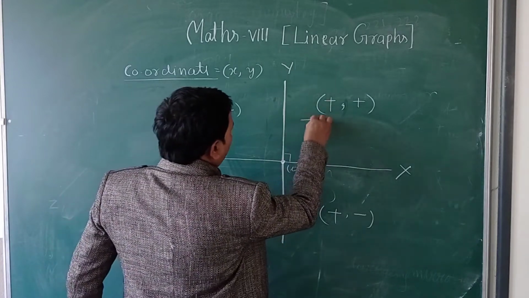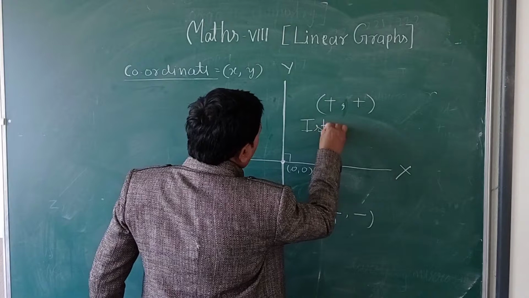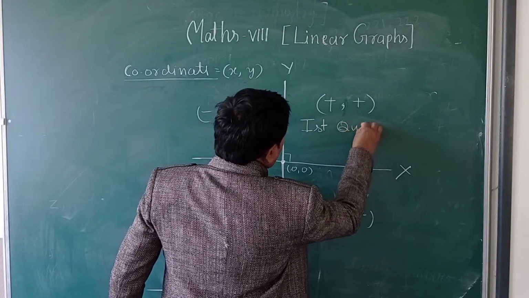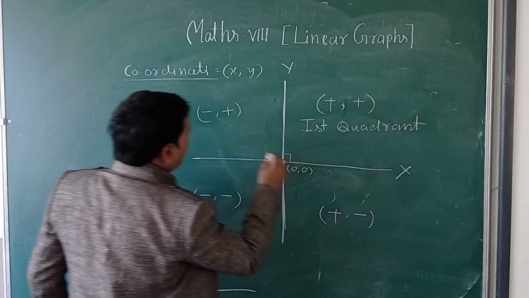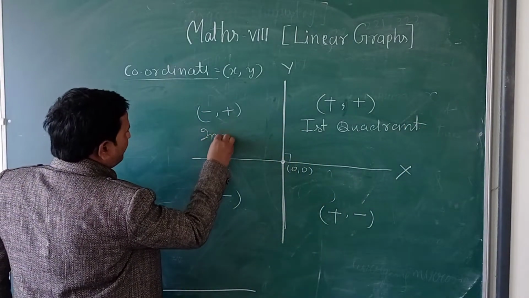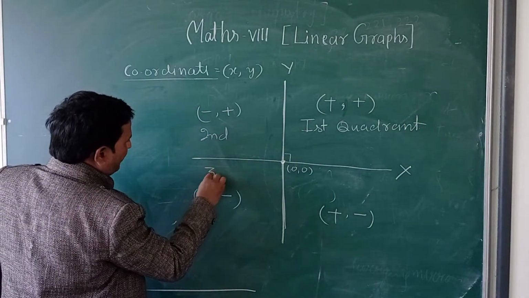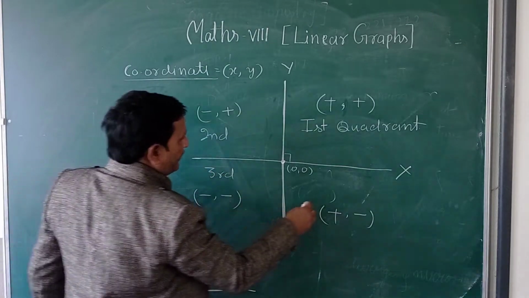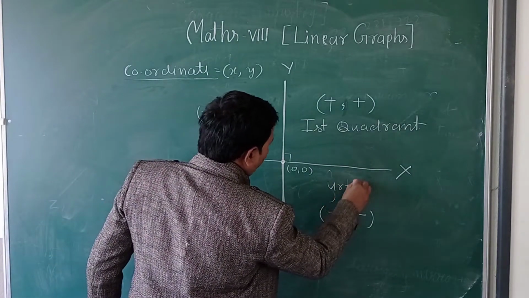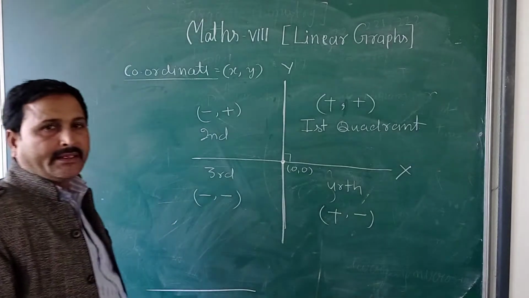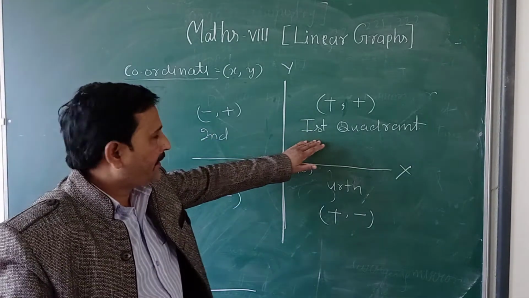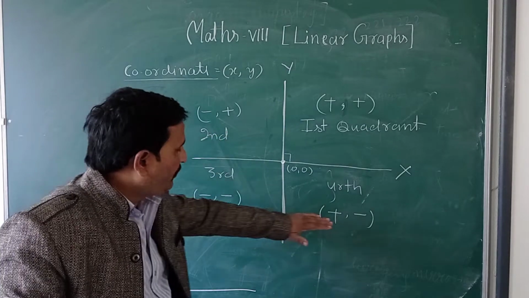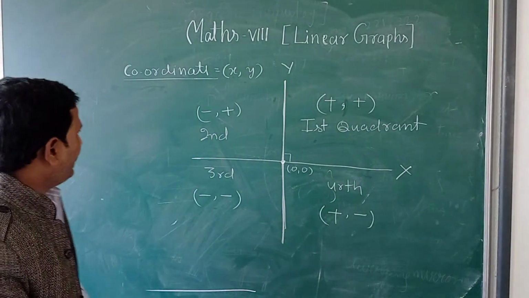This is called the first quadrant. This is the second quadrant. This one is the third quadrant, and this one the fourth quadrant. Always remember the order: first quadrant, second quadrant, third and fourth. Now the question is that